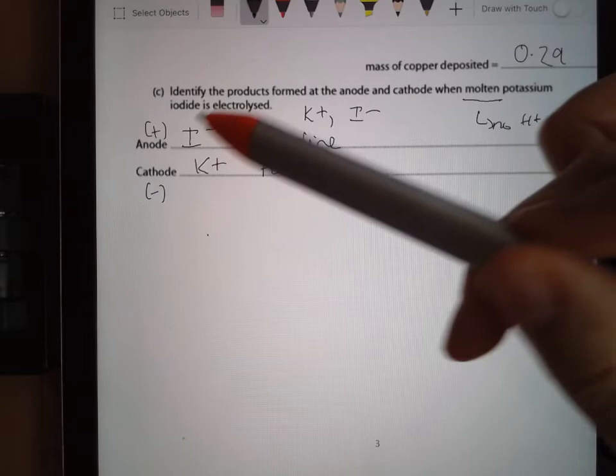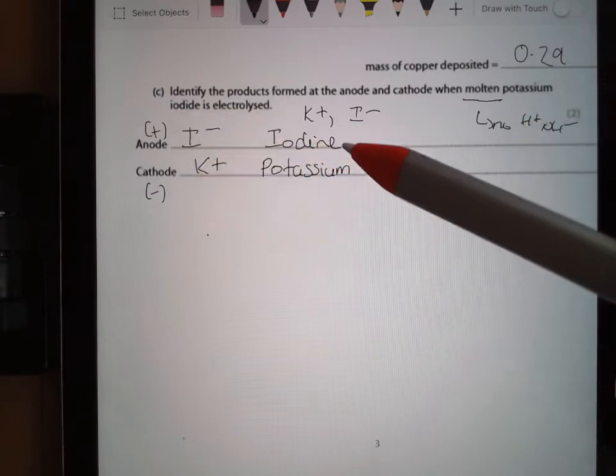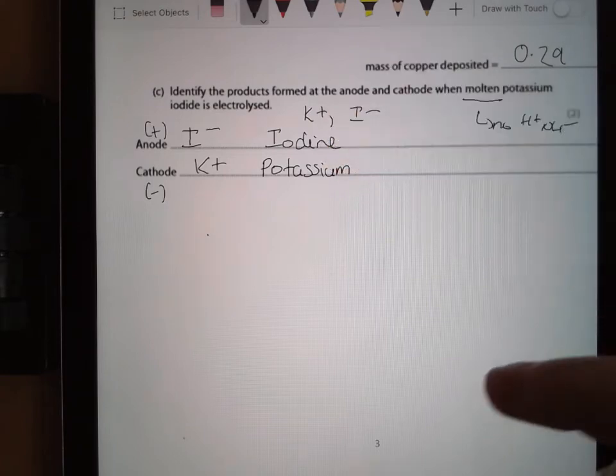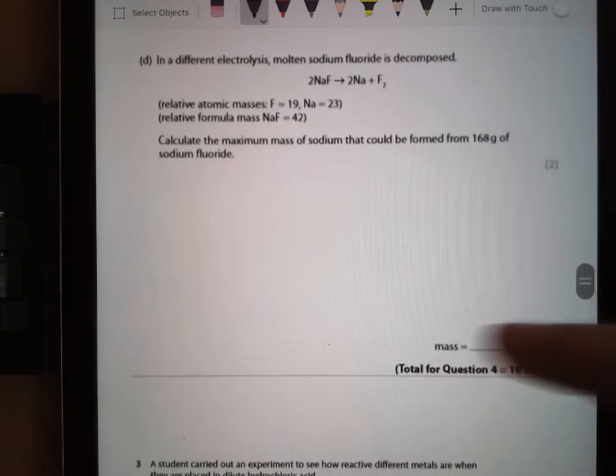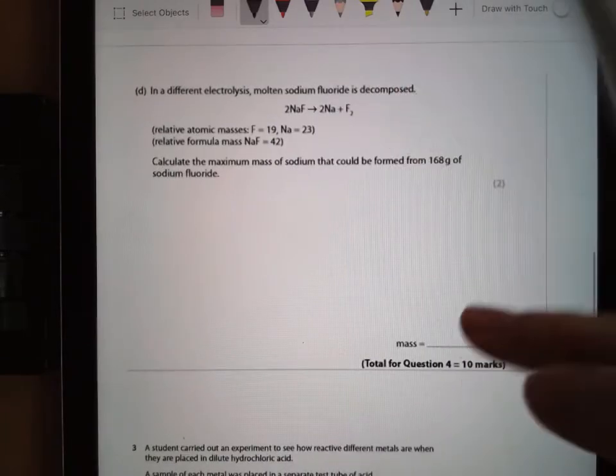You can use the ions to work out your products, but ultimately your final answer has to be from the periodic table, so that has to be iodine and not iodide. The next one, I know we're doing electrolysis, but moles questions come up everywhere, and this is a moles question,